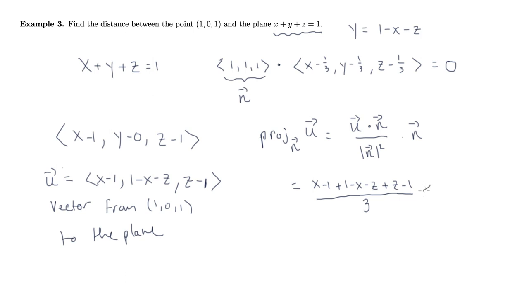And then (1, 1, 1). Now notice what happens up here. We have x minus x and minus z plus z. So those go away, and we're left with negative 1 plus 1, which is 0, and then negative 1. So negative 1/3 times (1, 1, 1). And so the distance